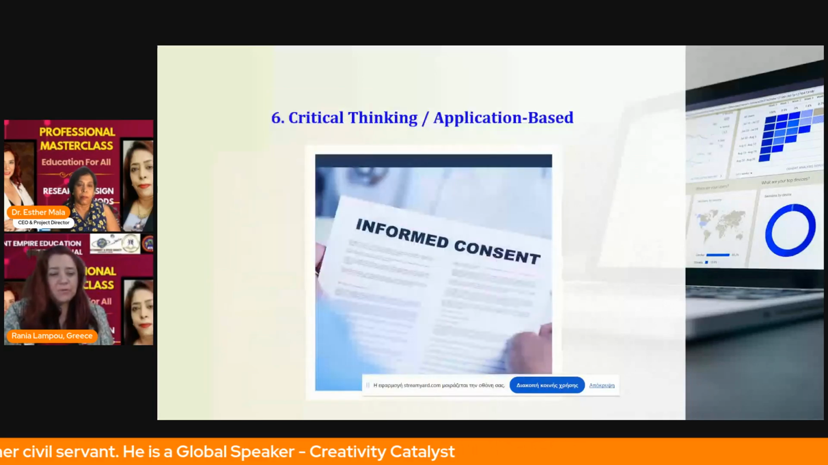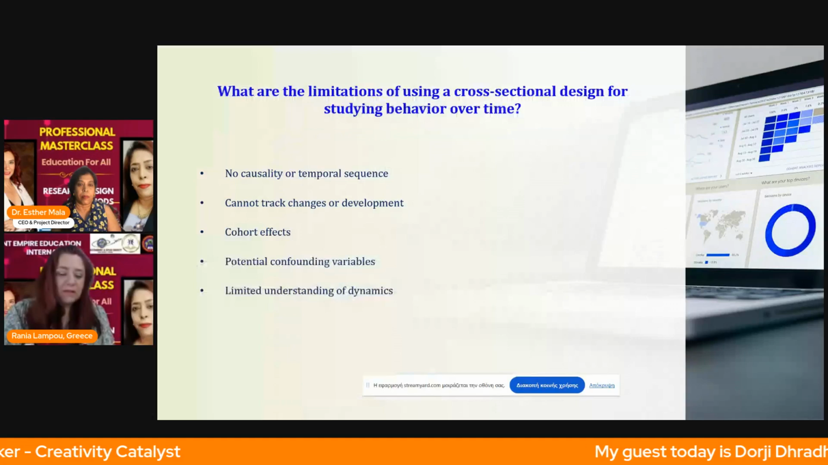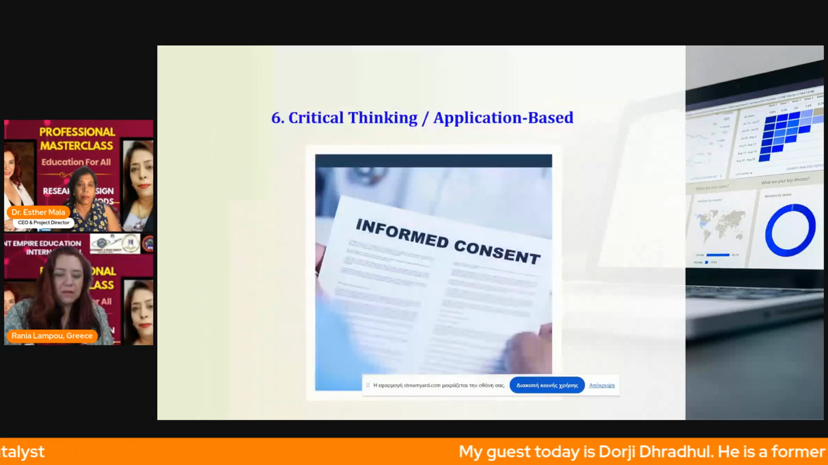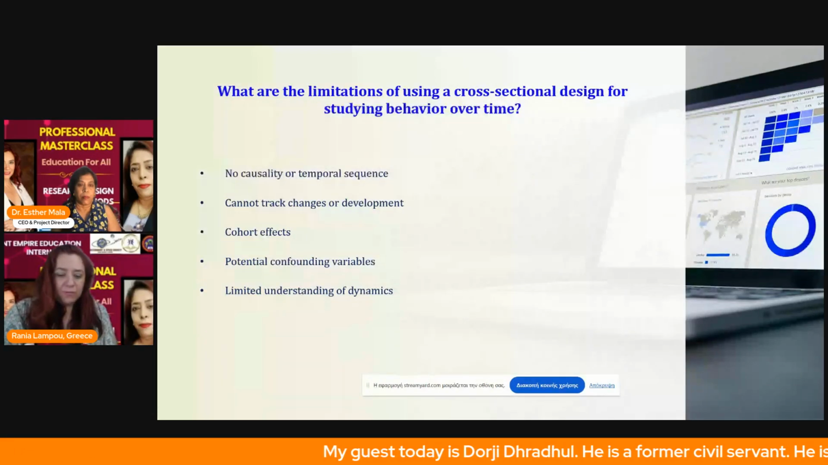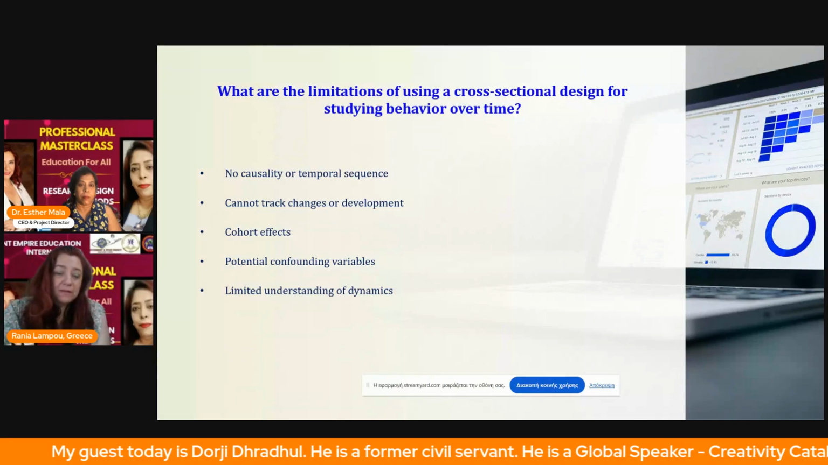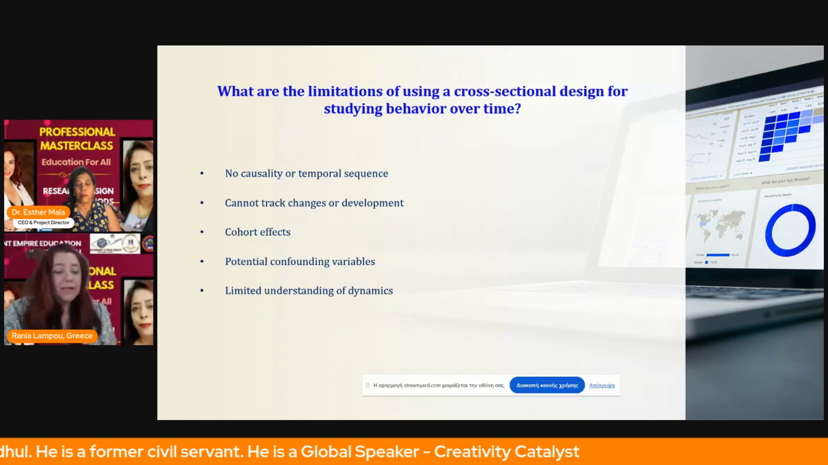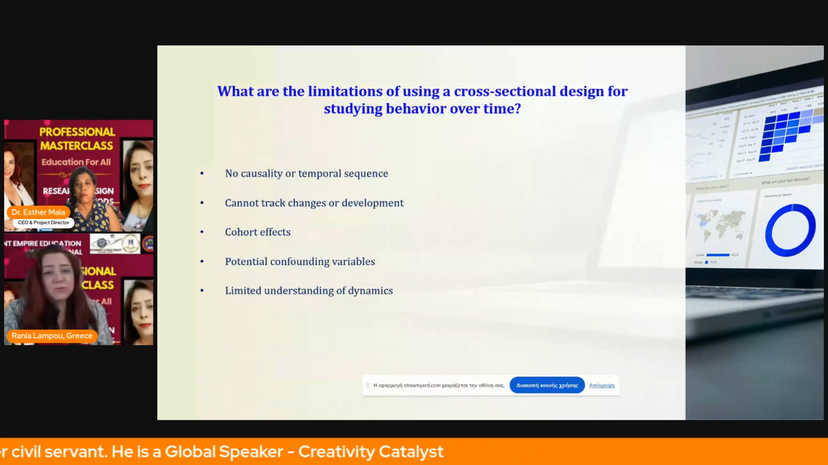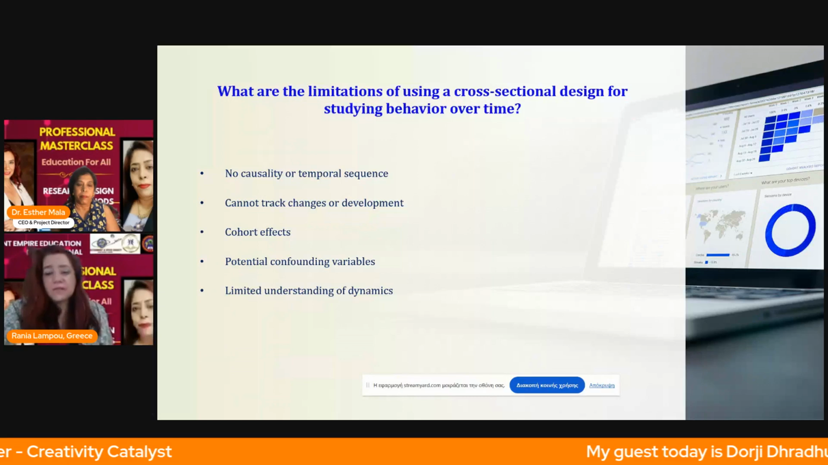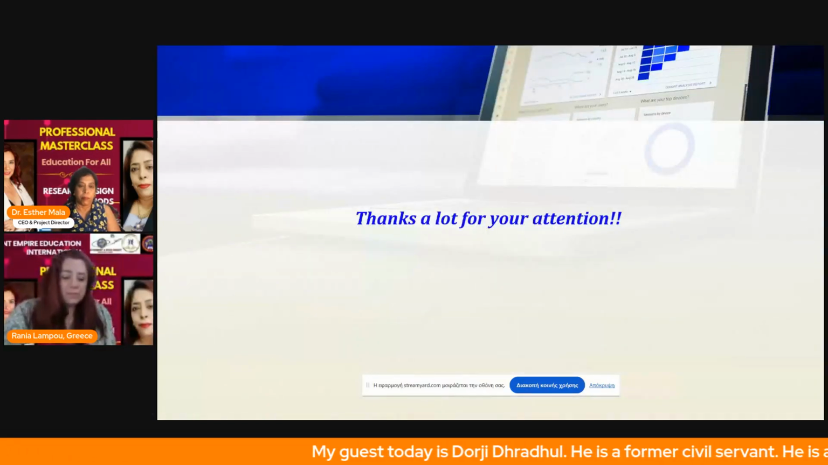And finally, before concluding, let's have some critical thinking. Given a topic, for example, when we have any topic, we need to think critically before designing a suitable research plan. The limitations of using a cross-sectional design for studying behavior over time, this is another topic we can discuss another time. And thank you very much